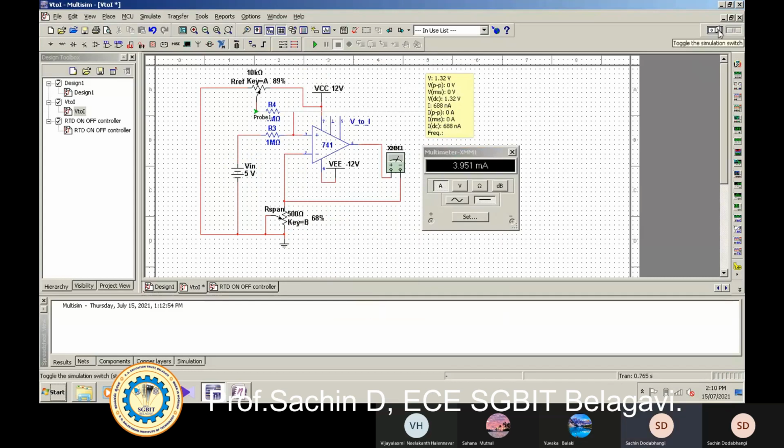You can see at the right up corner, there is a toggle switch button. I am turning it on. Now you can see the current reading here. Okay, what is the current reading? Can you zoom it and check? Yes, can anyone tell me? 19.57. Yes, correct, 19.57. Our design was for 5 volt. We were supposed to get 20 milliampere, but anyhow we are getting nearest to that, 19.57.